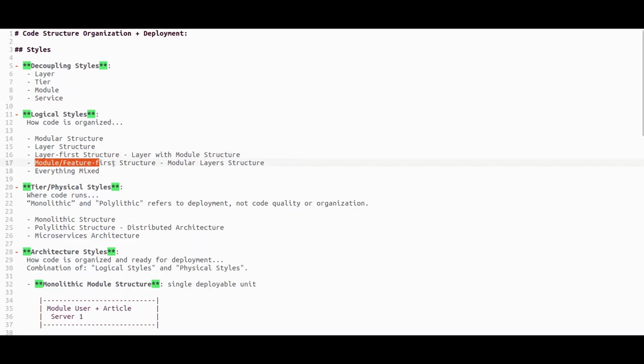Then you have the module first architecture, also called the feature first structure, where basically it is a modular structure where you may or may not have the code organized by layer inside. This is when you have a system organized by modules, where inside of each module the code is organized by layers. Example: inside of the module user, you have the presentation layer, which contains the UI to login, to register,